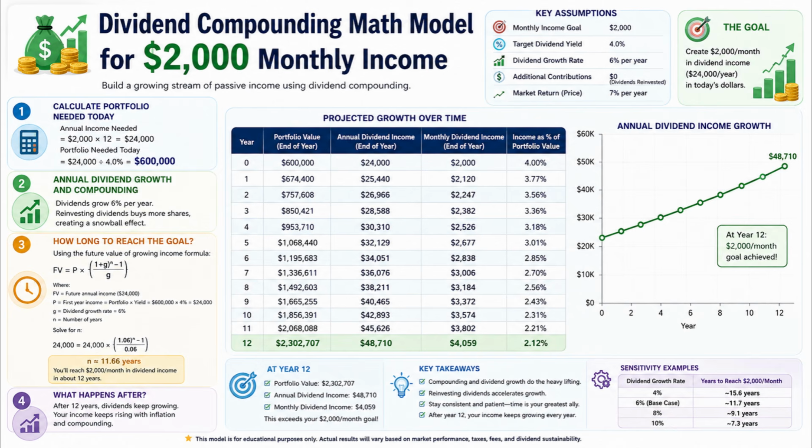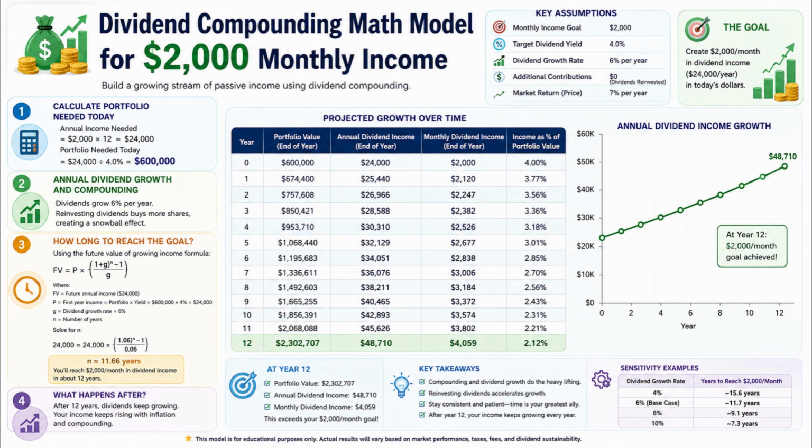Next, we divide the annual income target by the expected dividend yield. In this example, the target dividend yield is 4%. Therefore, $24,000 divided by 4% gives a required portfolio value of $600,000. This means an investor would need approximately $600,000 invested in dividend-paying assets to immediately generate $2,000 per month at a